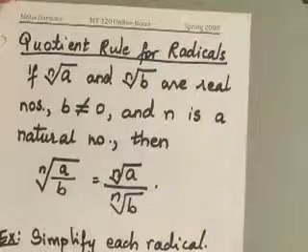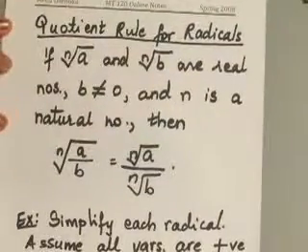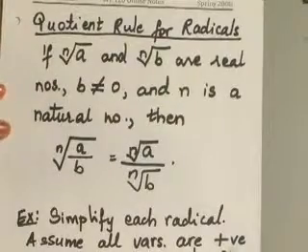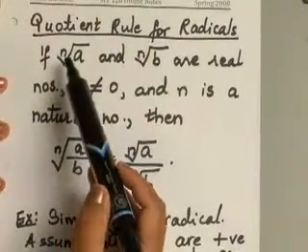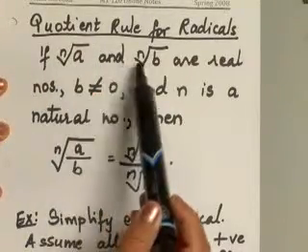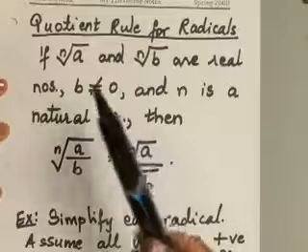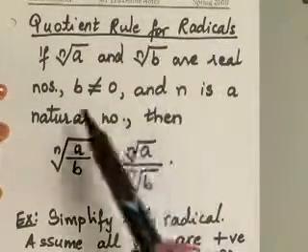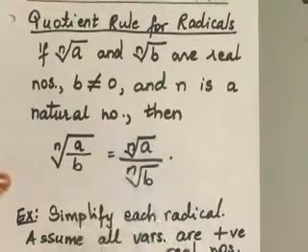Alright, now that we talked about the product rule, the next thing we want to discuss is the quotient rule. Now again, for the quotient rule to work, you have to have the same index on them, just like the product rule. So if you have nth root of a and nth root of b as real numbers, and b cannot equal 0, and of course your n has to be a natural number, then you can say that